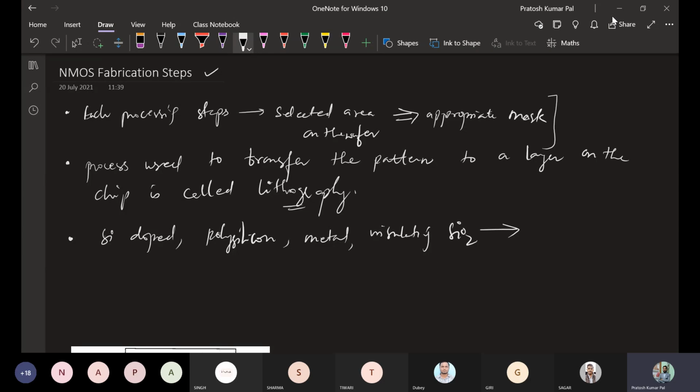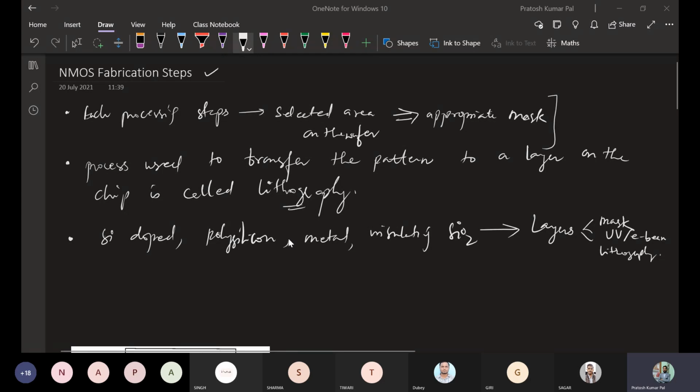Okay, so here all these layers will be using some type of lithography using a mask. The mask will be there, then ultraviolet rays will be used, or electron beam lithography will be used. So the pattern making in all the cases will be done with the help of mask and lithography.